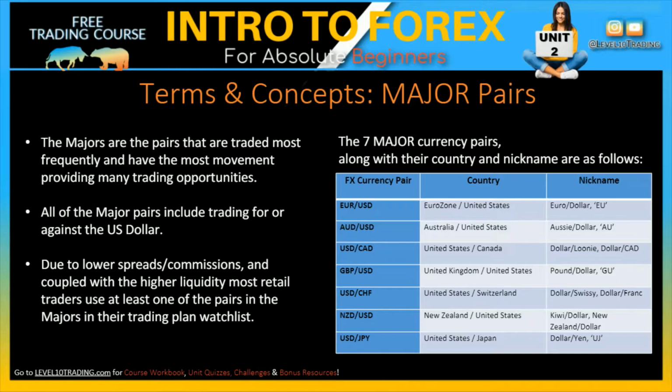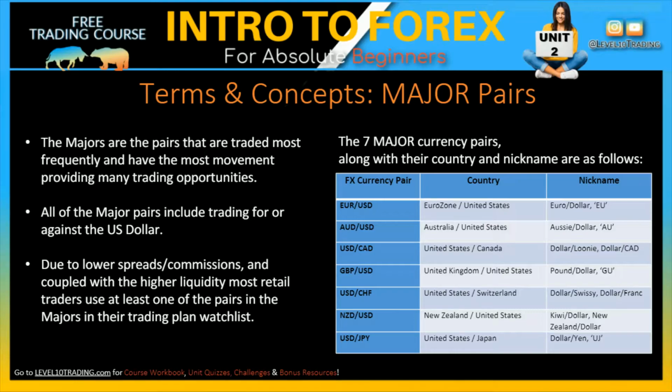And due to lower spreads and commissions of the majors, coupled with higher liquidity, most retail traders use at least one of the majors in their trading plan, or at least in their watch list. The 7 major currency pairs, along with their country and nickname, are listed here, and you need to read over these. You need to familiarize yourself with these major currency pairs, with not only their code,